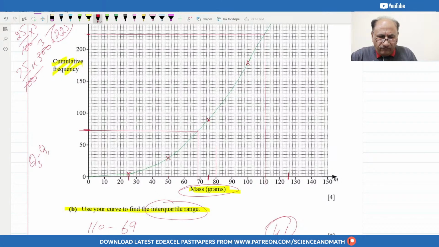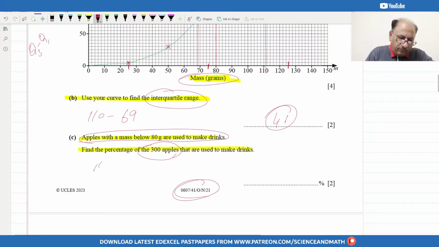So from the graph we are taking reference. This is 80 grams, and below 80 grams will be how many apples that we will be checking, which is 105. So this reference is 105, so we will be taking 105 out of 300,